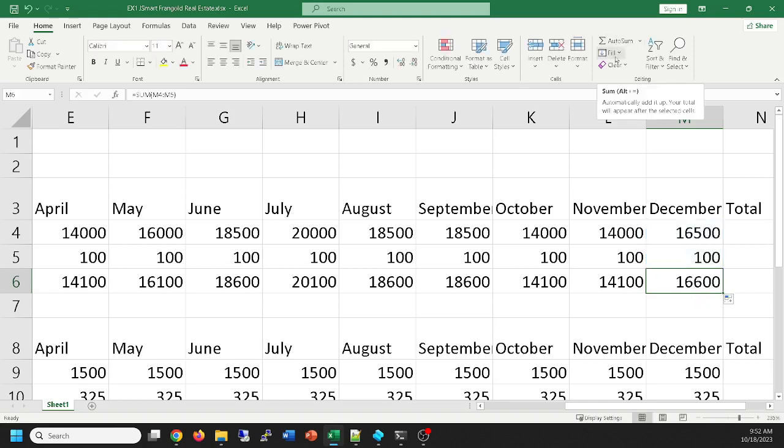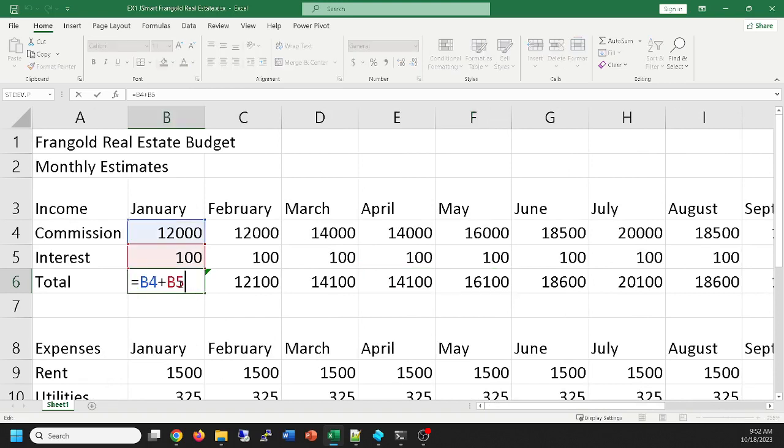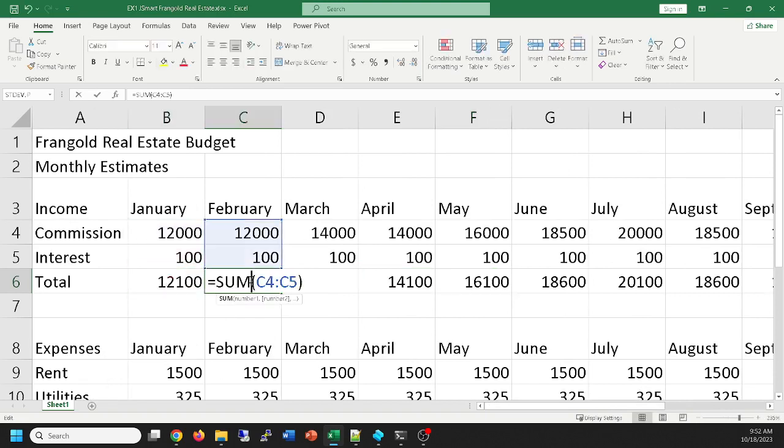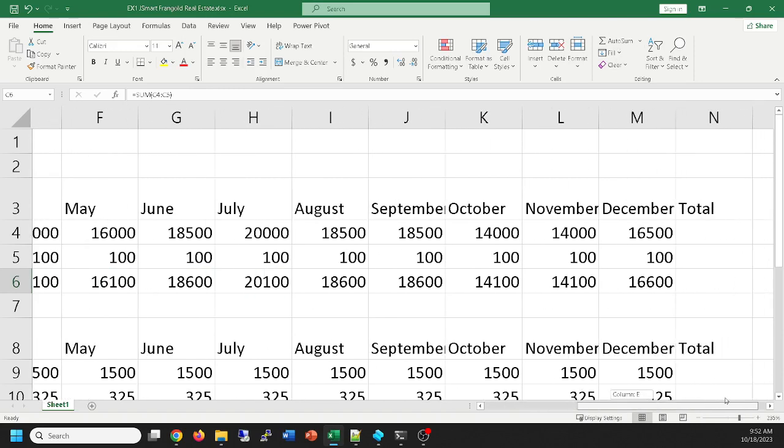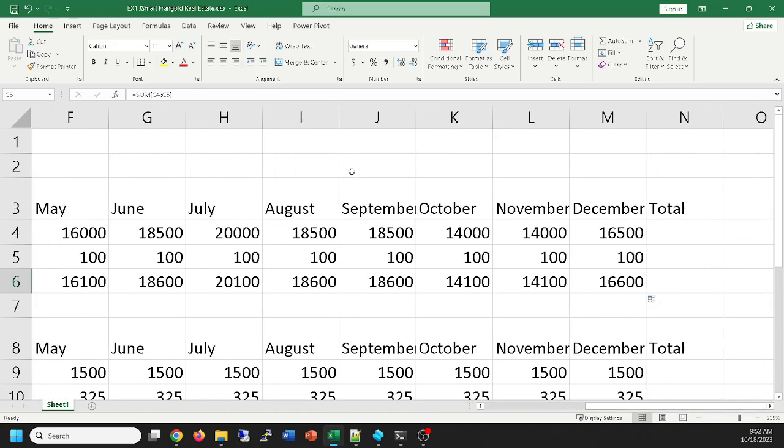So AutoSum, enter the formula by hand, just by typing in equal and then the formula. Enter the formula with a sum function. Enter the formula by pointing and clicking, or letting Excel do your AutoSum. Control S says I've done some work. And now